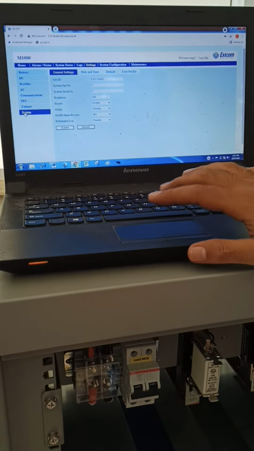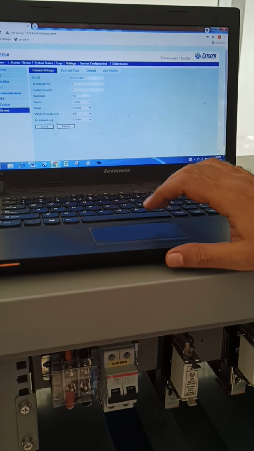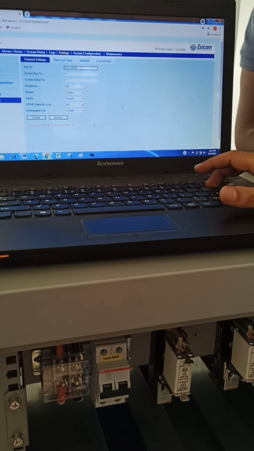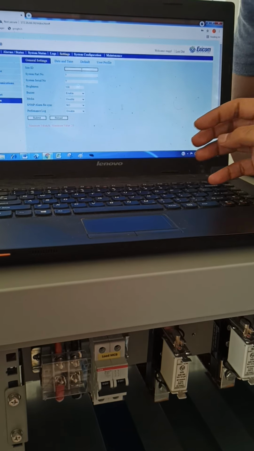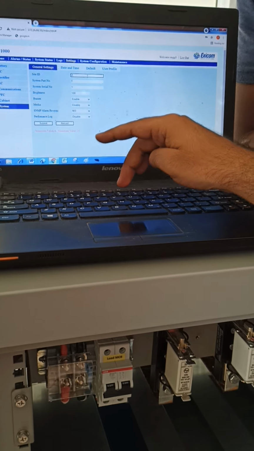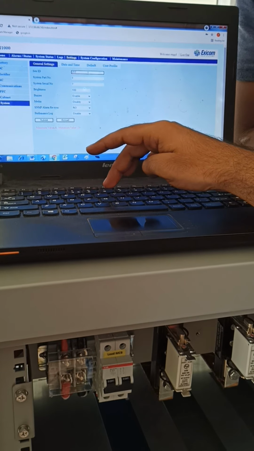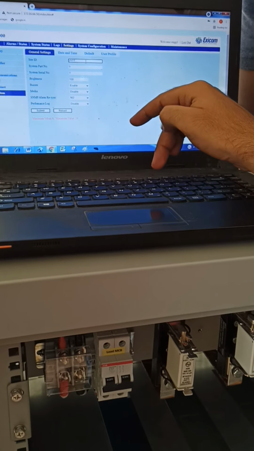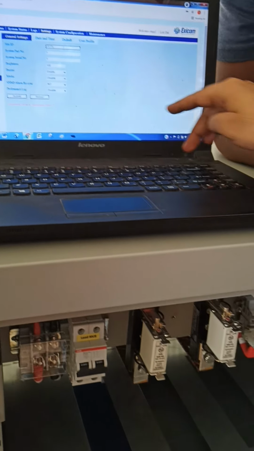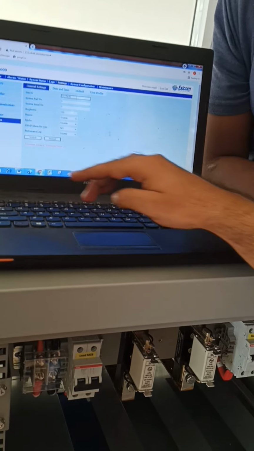Cabinet, nothing. System, then you can. This is a site ID. As per your wish, you can set the site ID. You can write White line. White line. V Y. Spelling: T, double T. White line.